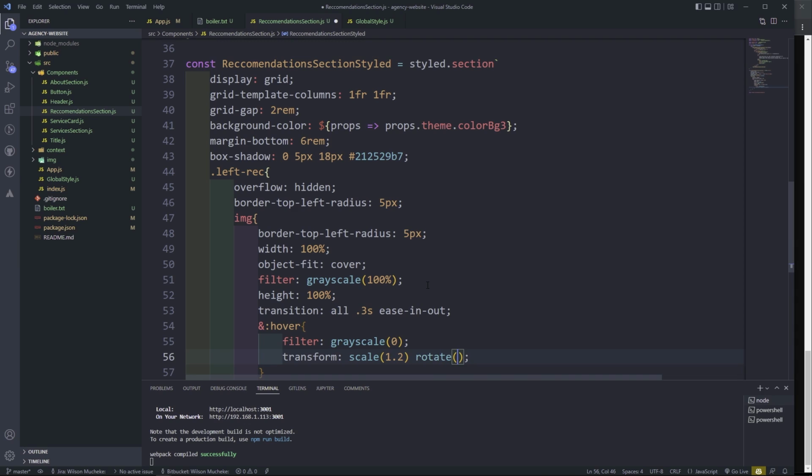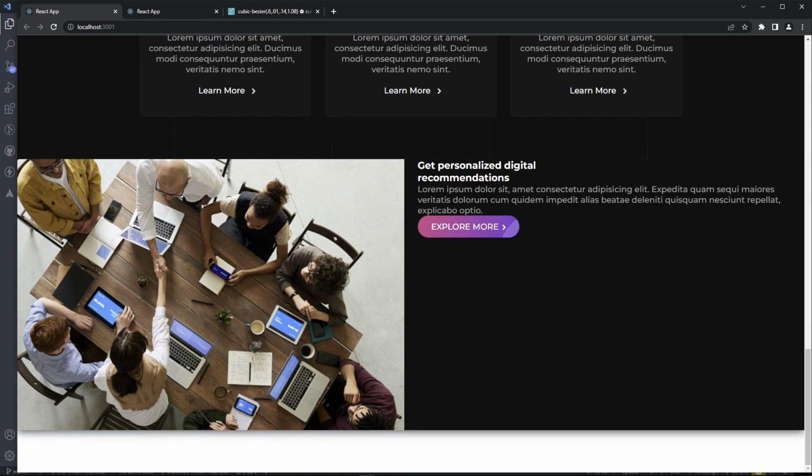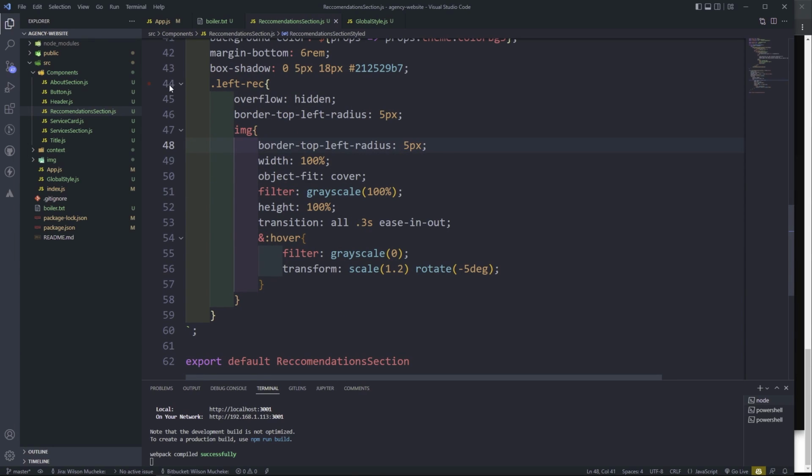image on hover. So for the rotation, we're going to do -5 degrees. Okay, so let's save. Let's see what we have. So there is our image. It looks pretty neat on hover. Okay, so now let's do the right